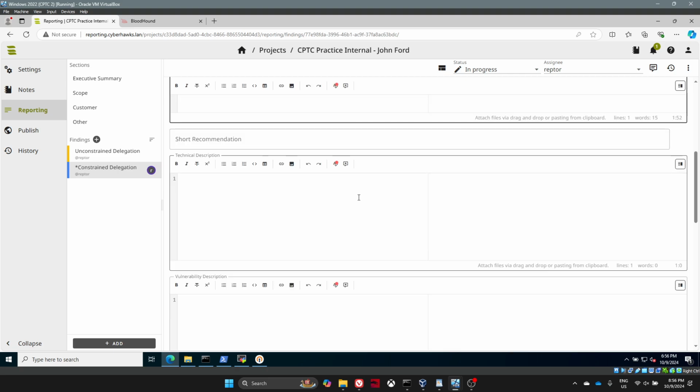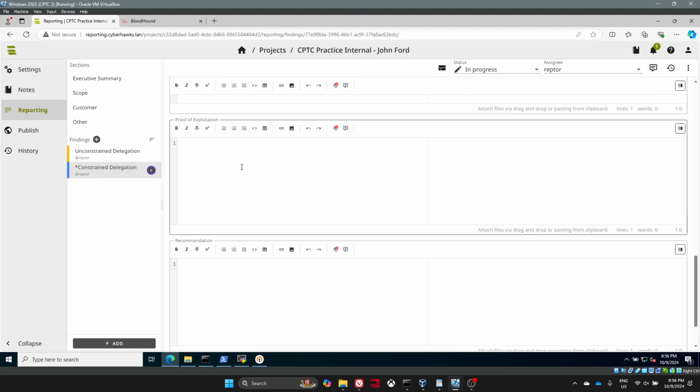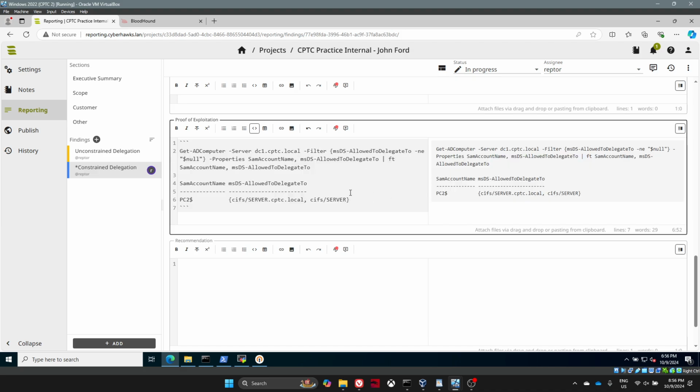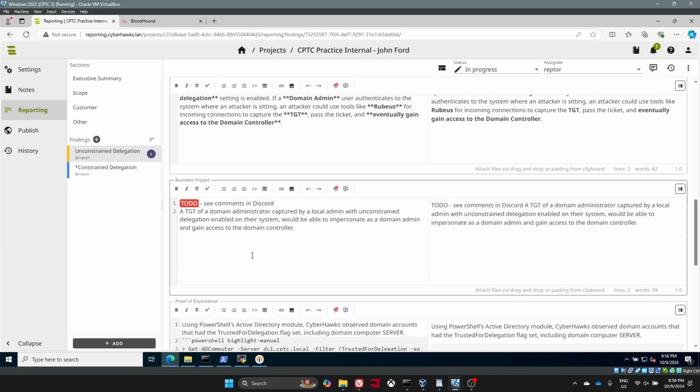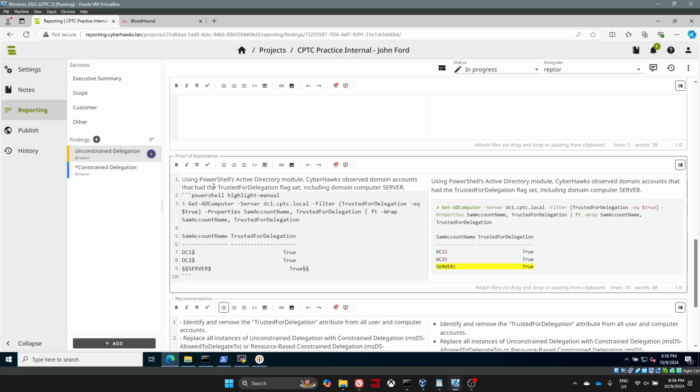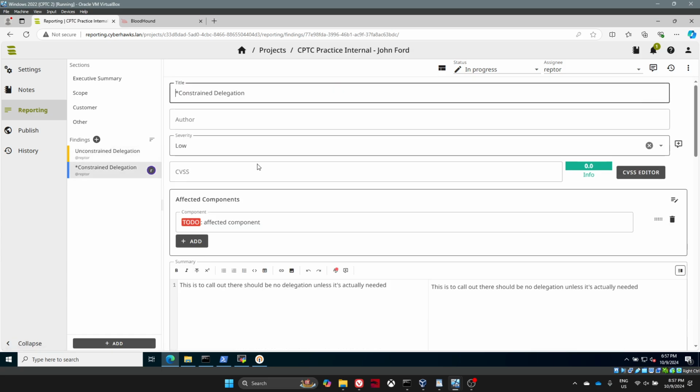You can also recommend resource-based constrained delegation instead, because it's a little, depending on how it's set up, I guess I shouldn't say that it's more secure either way, but it's good to call it out that that's an additional option. So here I'm going to put my command. And here I'm just going to copy this wording from here to make it as seamless as possible. And we'll say using PowerShell's Active Directory module,